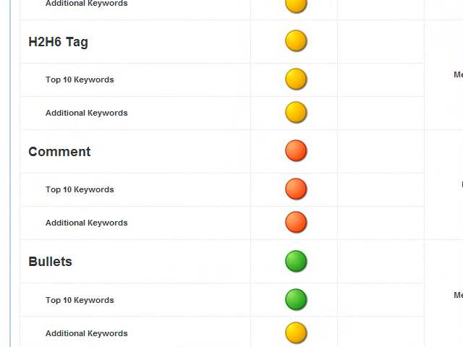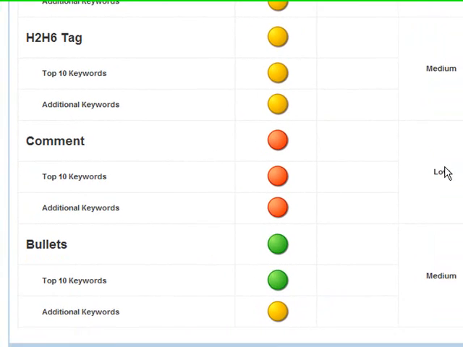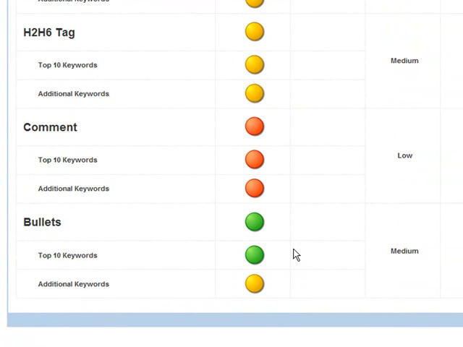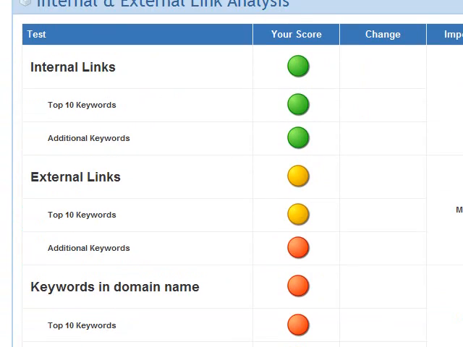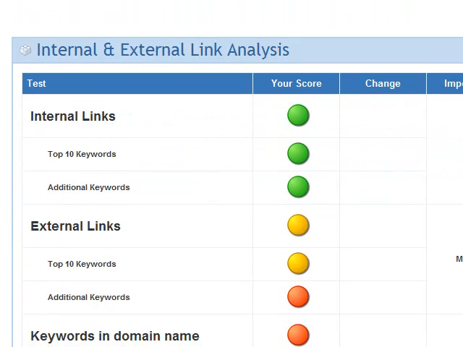Again, not something that's hugely important, but something that has been mentioned that's taken into consideration by the search engines. And do you have keywords and bullets in your content? This is not an exhaustive list. There are two areas that are currently not included here that are being worked on, and they are: